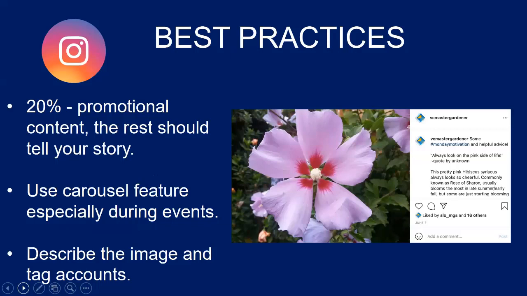We want to see the volunteers. We want to see the program managers. We want to see the community members, the individuals in your community that are helping you do this important work. So keep the 20% to I have this event, take this course, buy this product, whatever the case is. The rest, just really